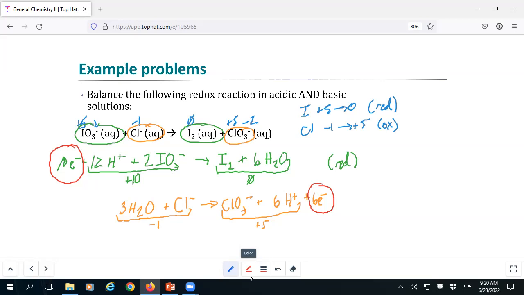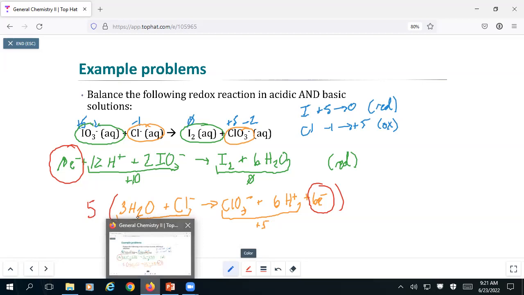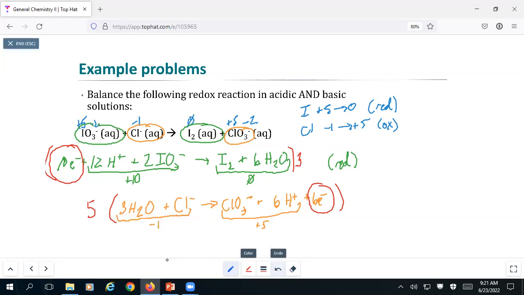So what we need to do is multiply these equations by a number to get the number of electrons to 30, which would mean 5 in the case of the bottom reaction, and 3 in the case of the top one. So when I do that,